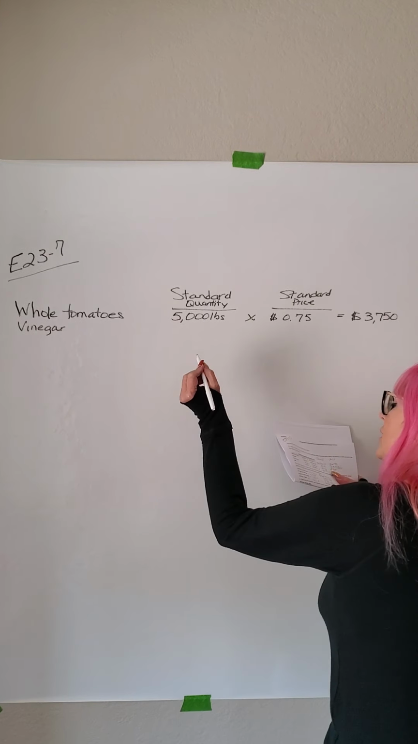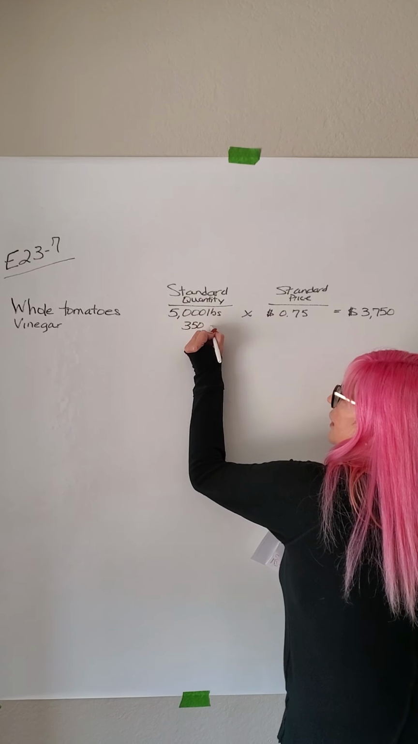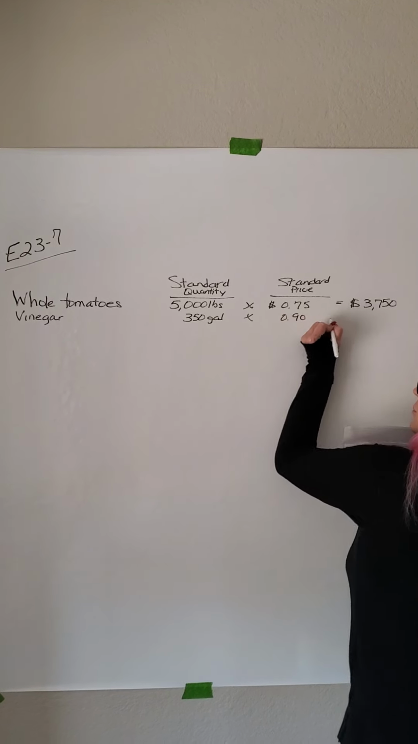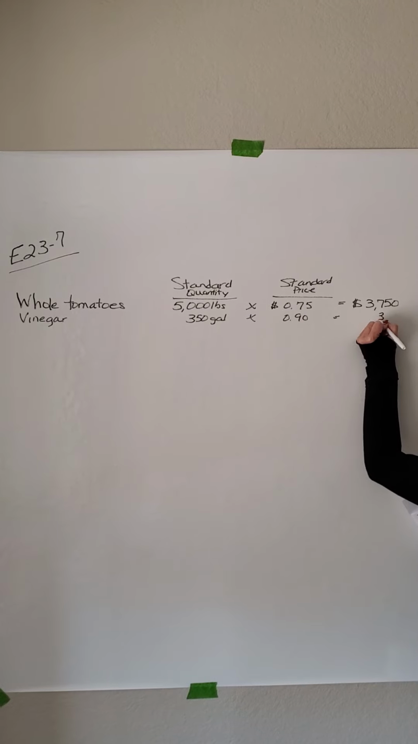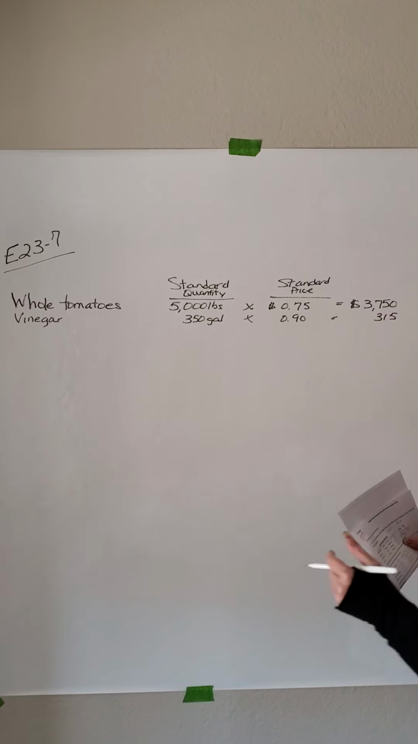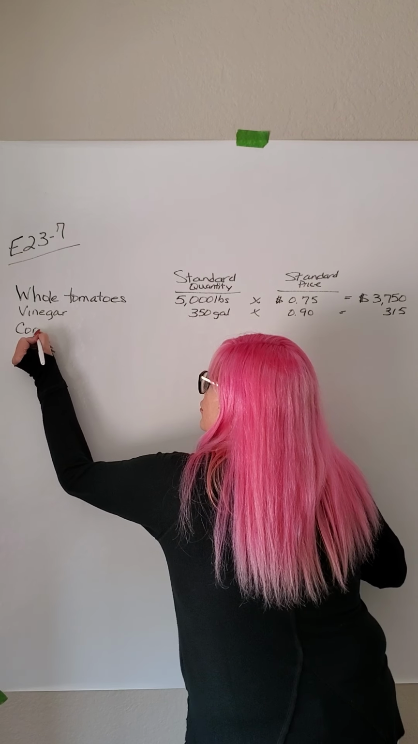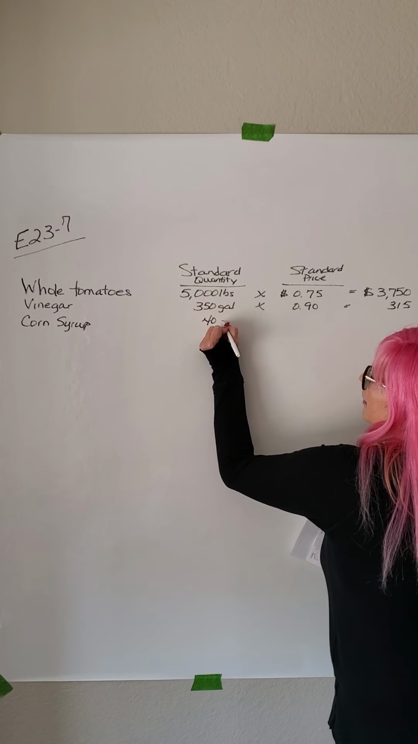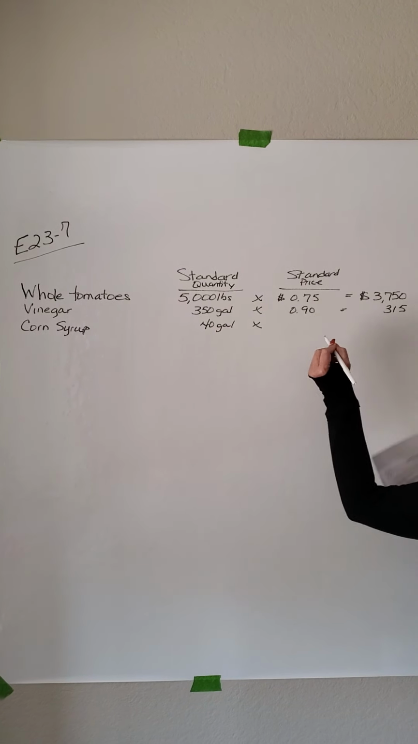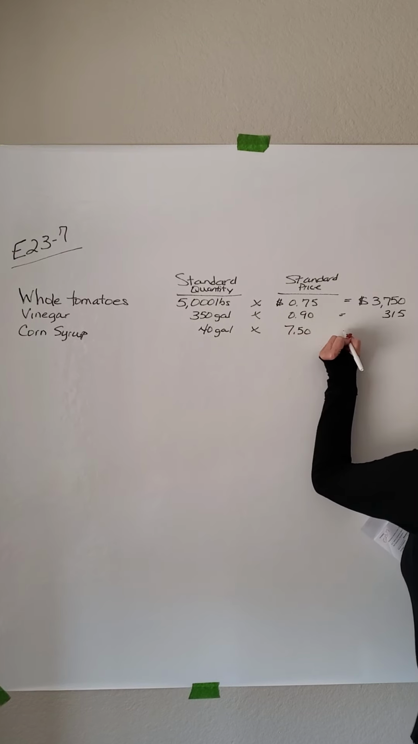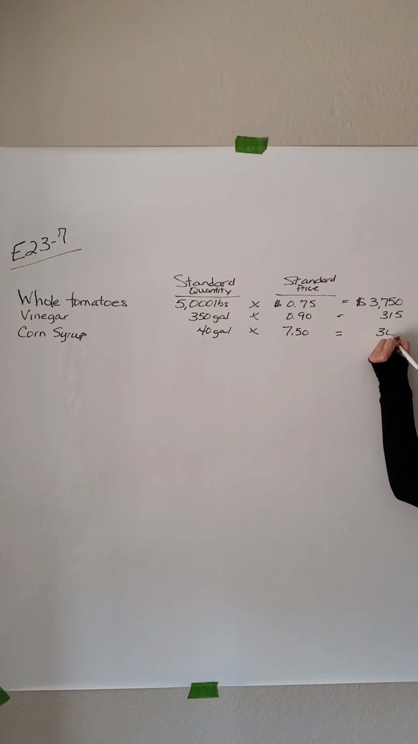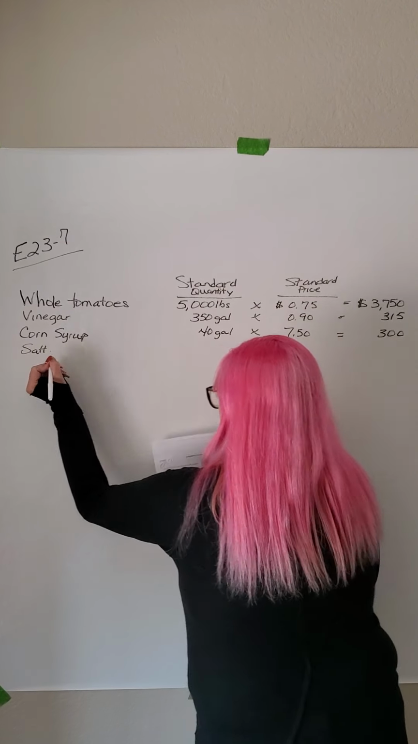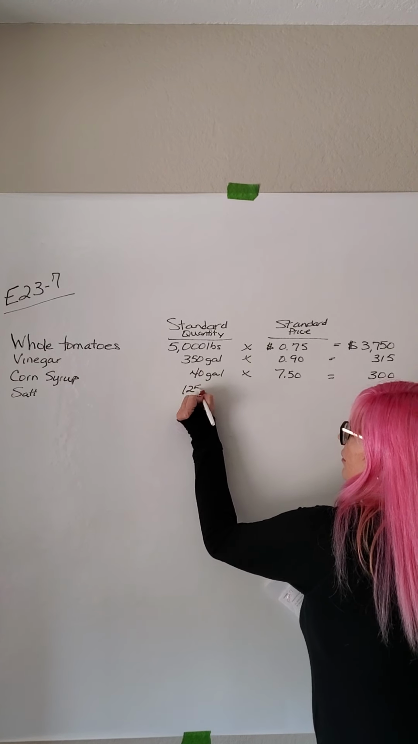I'm going to do the same thing for the vinegar. So I'm going to take the standard quantity of 350 gallons times the 90 cent standard price. That's going to give me $315 for vinegar. Corn syrup is 40 gallons times $7.50 a gallon. That's expensive. That is $300. And then salt is 125 pounds